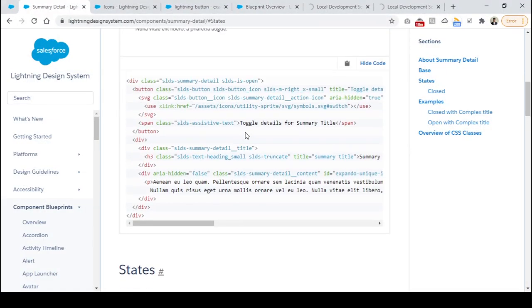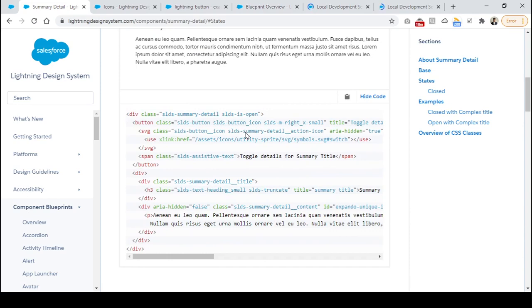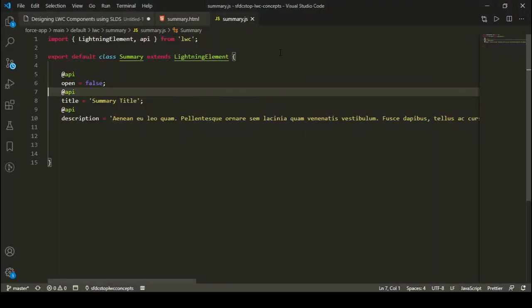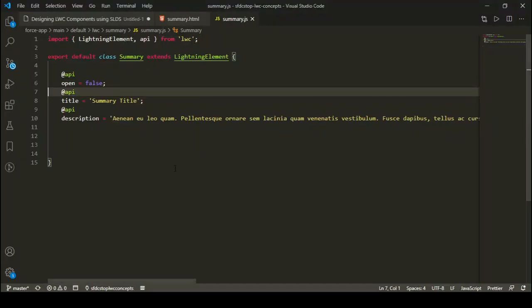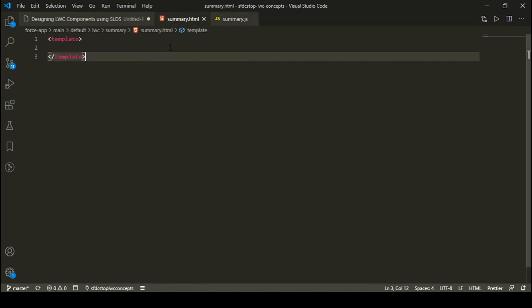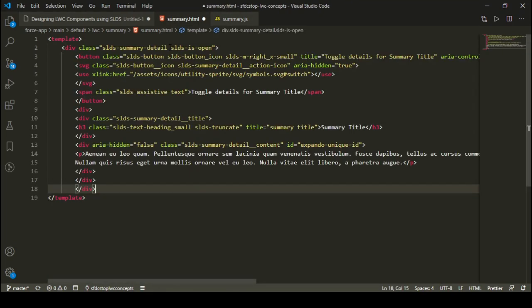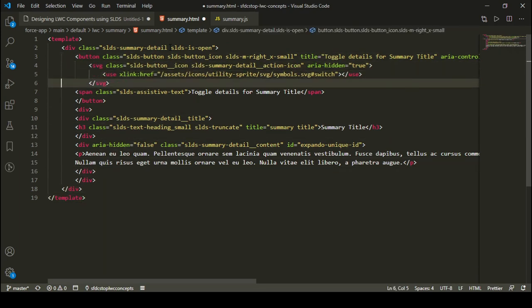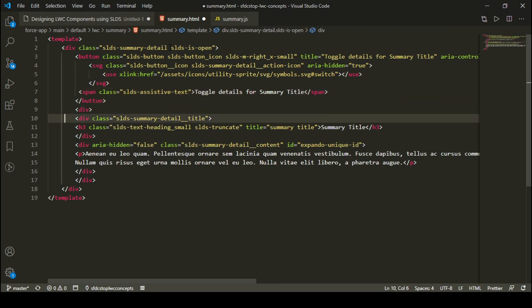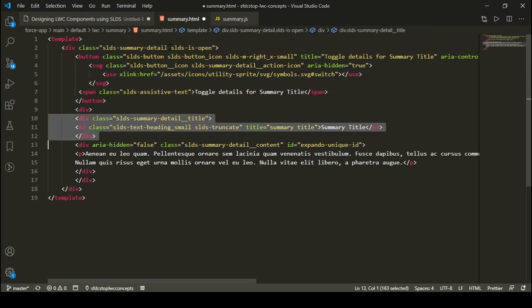Okay, so once all these things are created, we just need to update our HTML according to the data which is passed into our JavaScript file. So what I can do is copy the markup from this particular HTML, which is nothing but a blueprint, and use it according to my Lightning Web components. I'm just going to paste it here for now, and let me show you quickly what this HTML is saying, right? So this is the SVG, and we have two divs inside a div.